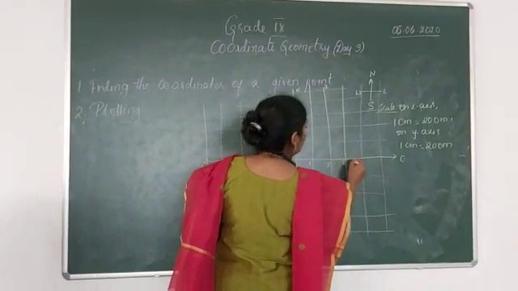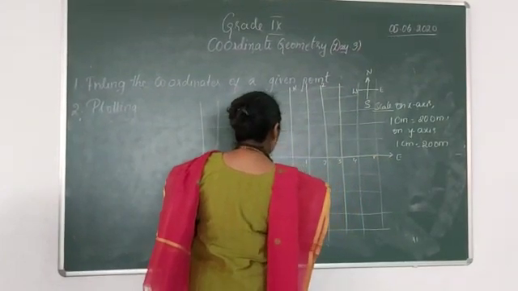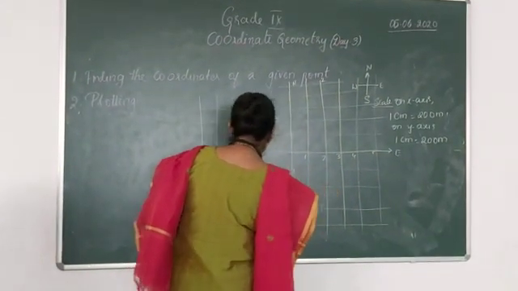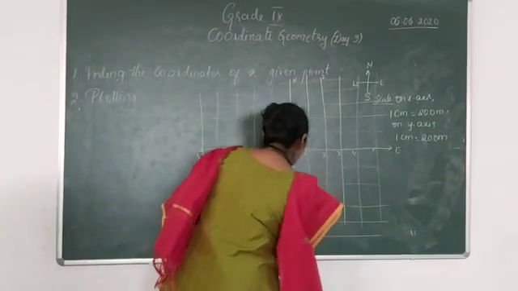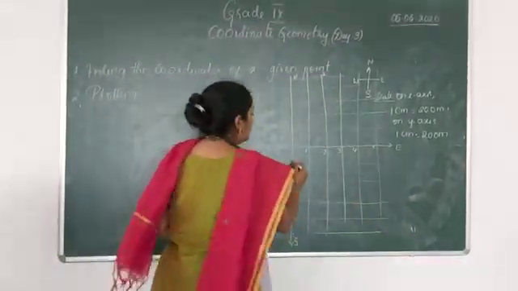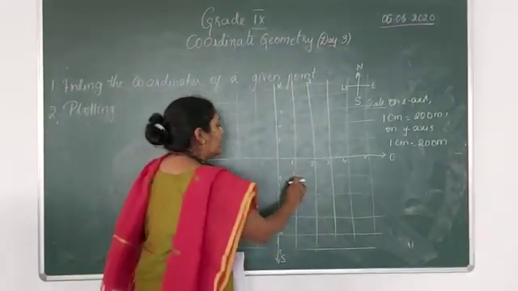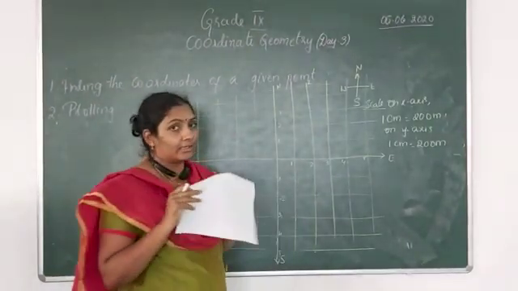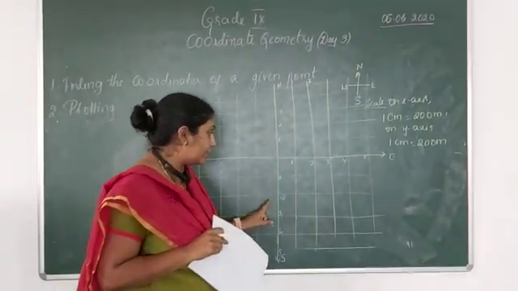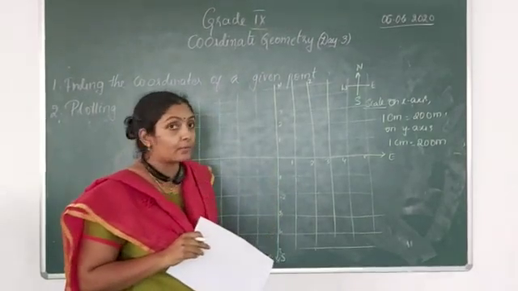So this is 1, 2, or let's start from here. 1, 2, 3, 4, 5. 1, 2, 3, 4 and 5. Right? So here it will be -1, -2. So here we need to specify, at any cost we need to specify this as negative -1 and -2 and -3 and -4 and -5.